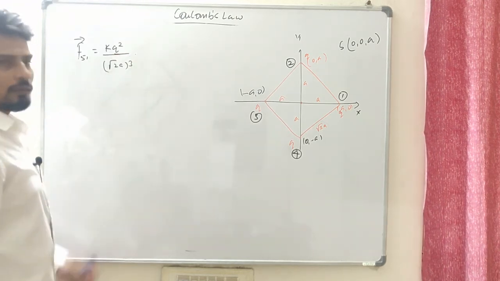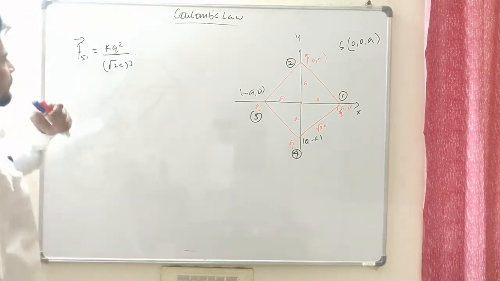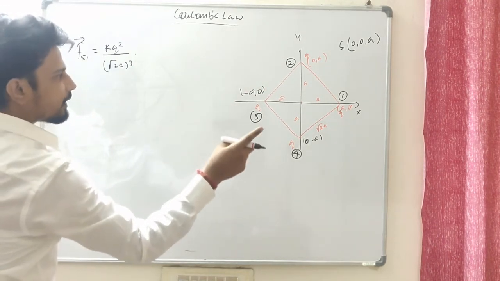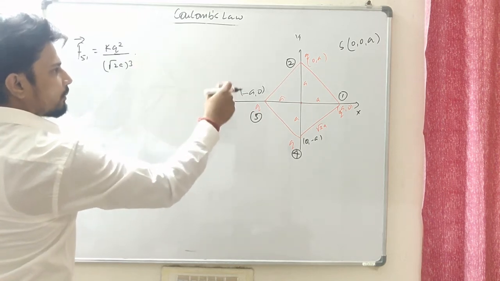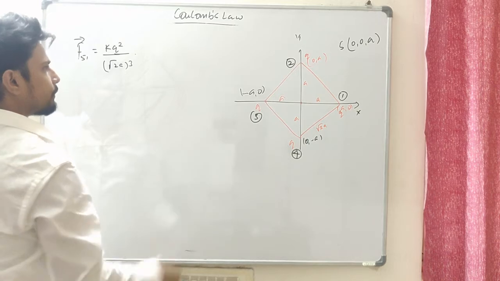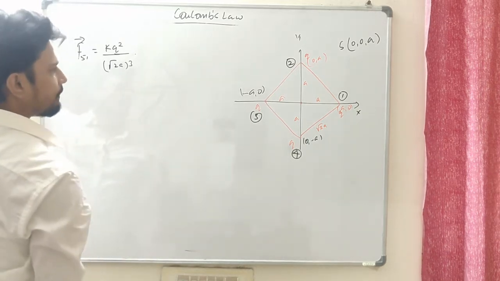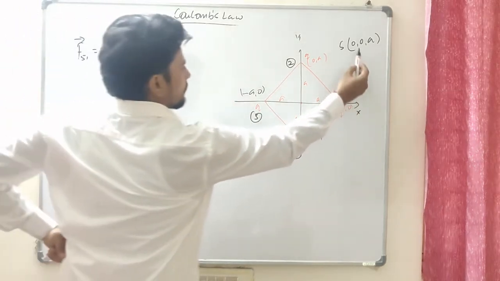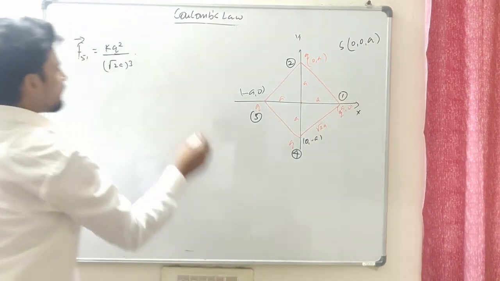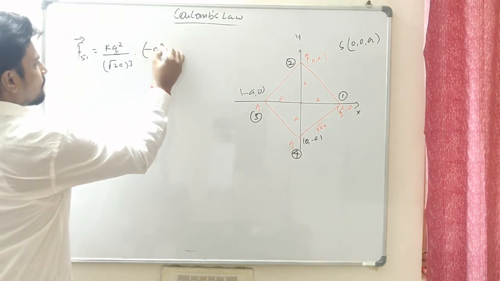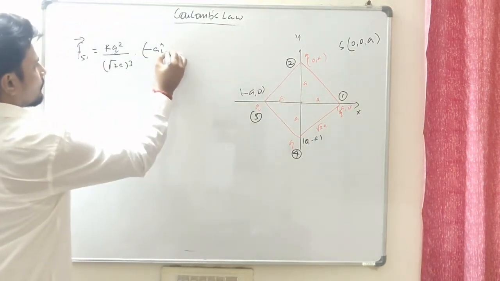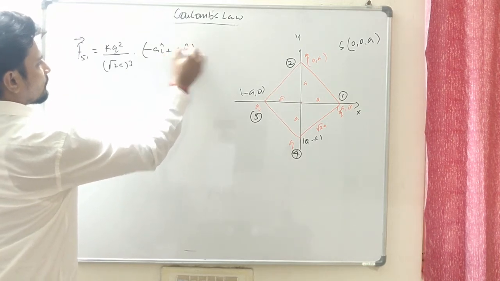Let me write the unit vector in that direction. Because I told you in the beginning that when you're talking about the distance vector, the head should be pointing towards the charge at which we have to find the force. So that's pointing towards 5, 5 minus 1. So that's going to be 0 minus 0, and 0 minus a, negative a i. So minus a i cap. Now 0, 0 gone, plus a k cap.